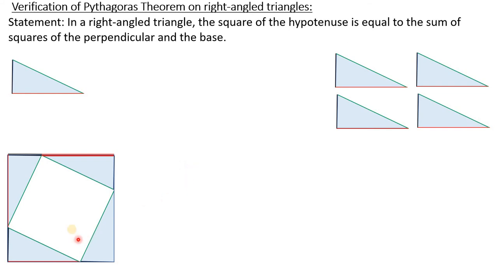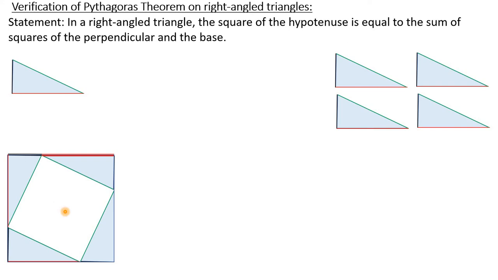So now you see the entire square is not covered. Only the 4 triangles have covered it without any overlapping. And if you see, there is an uncovered portion at the center. It is white in color, as the rest of the colors are the triangles' colors. So if you take that white shaped figure, it should be a square.